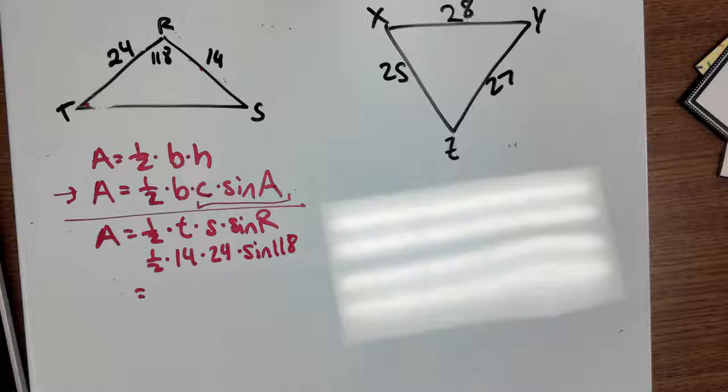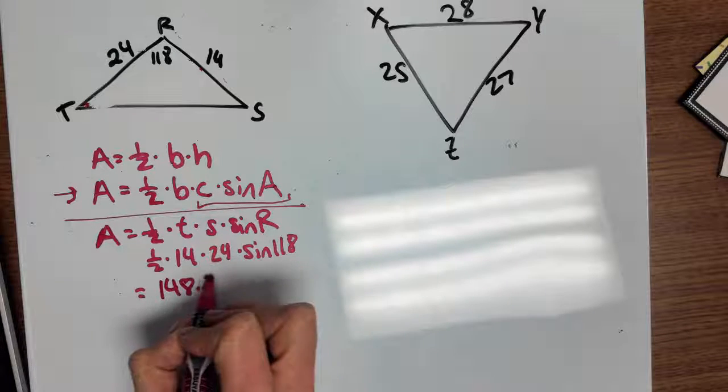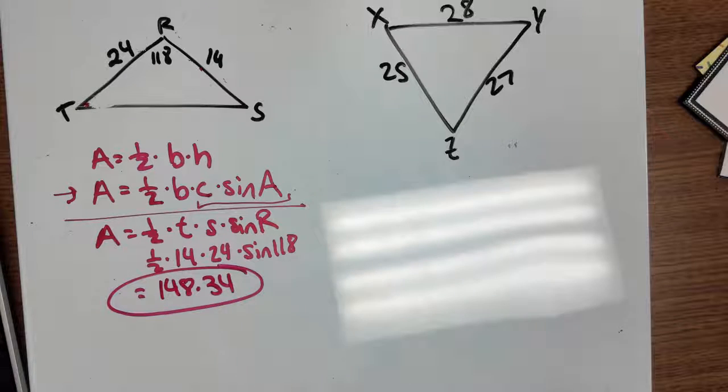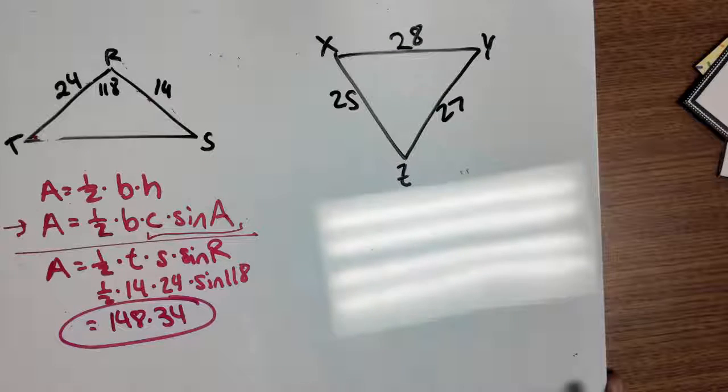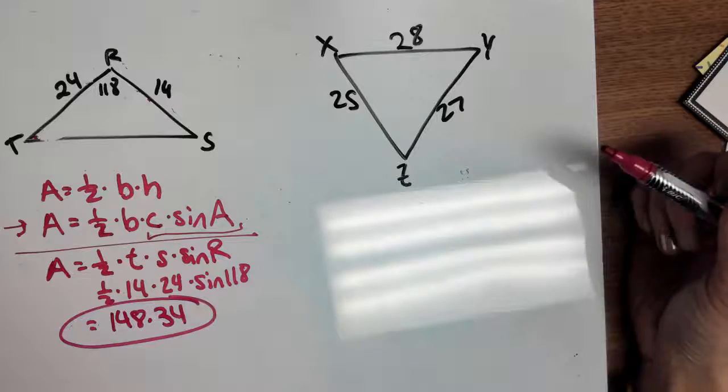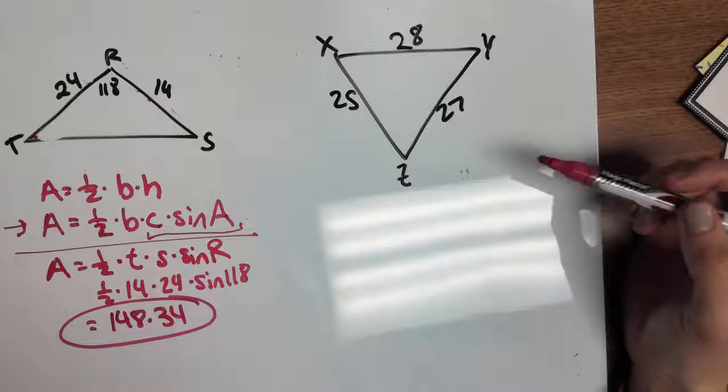When I type that in, let's see, what does that give me? Make sure you're in degree mode. You end up getting 148.34. Now if we go over to this triangle, now you can use Heron's formula,